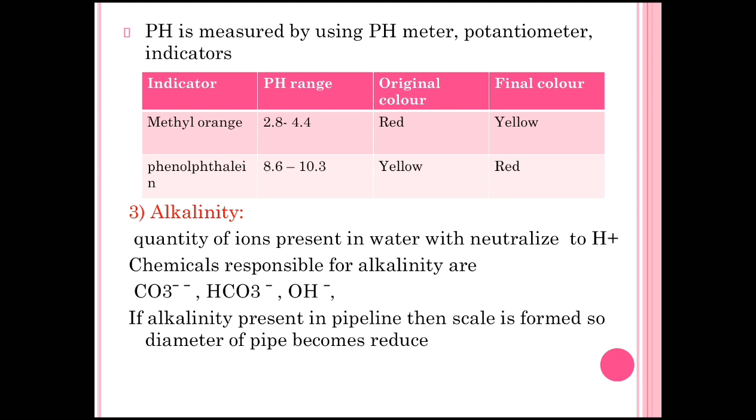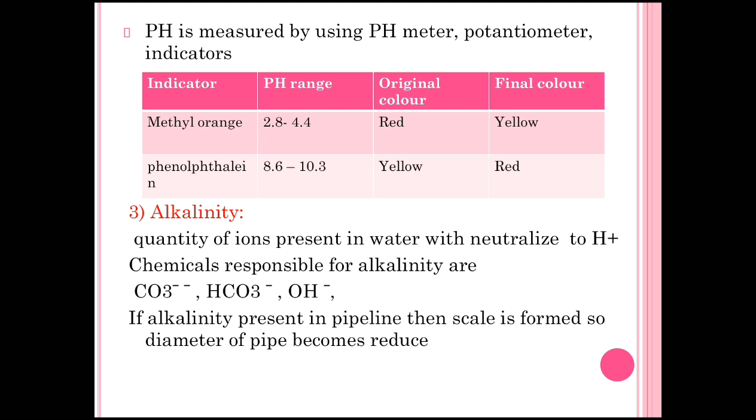This is about using indicators. Now the pH meter: how to calculate the pH by using a pH meter. There is one pH electrode, which is attached to the pH meter. Whenever we don't know the pH of any solution, we insert the pH electrode in that water, and the pH reading is given digitally on the pH meter. Means we directly know the pH of that unknown solution by just inserting a pH electrode in the water.